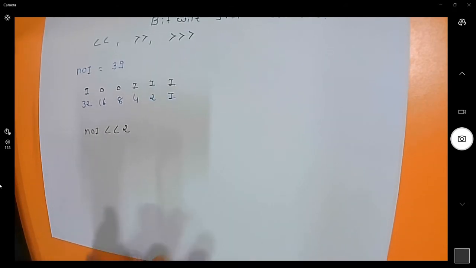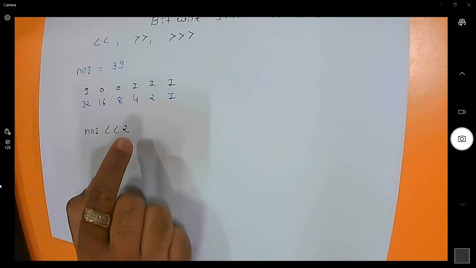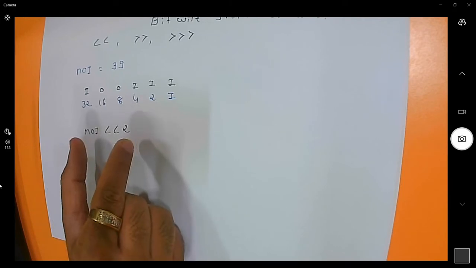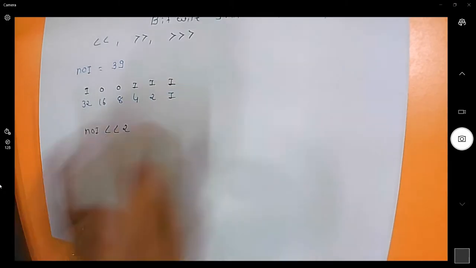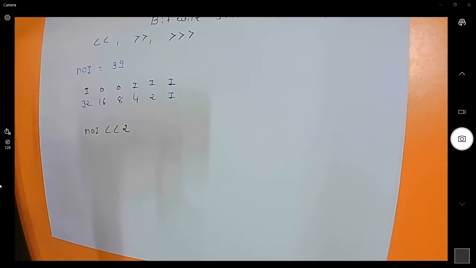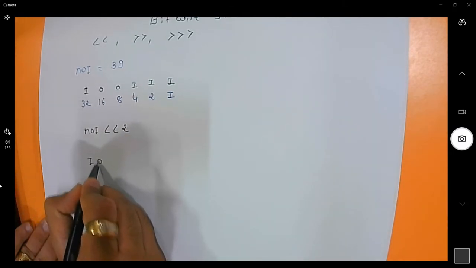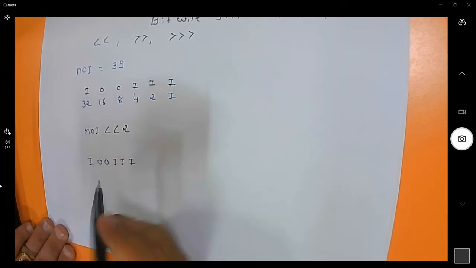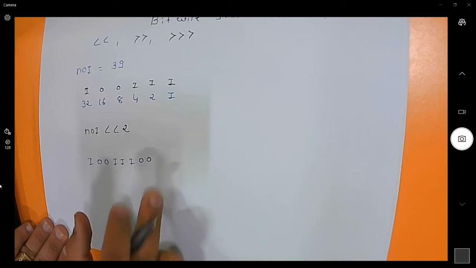So whenever you want to do a shift left 2, what do we need to do? Very simple. You just need to add that number of bits. For example, if you want to shift left 2, then just add 0 bits at the end. So what will be the result? Very simple. You can write here, this is your number, 100111. Now I want to shift left 2, so it means just write down 00 at the end.